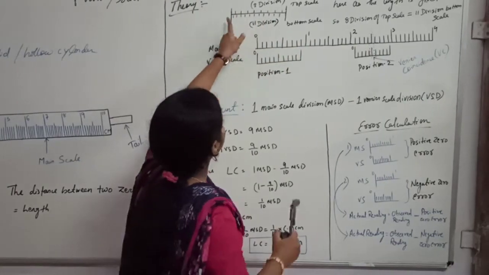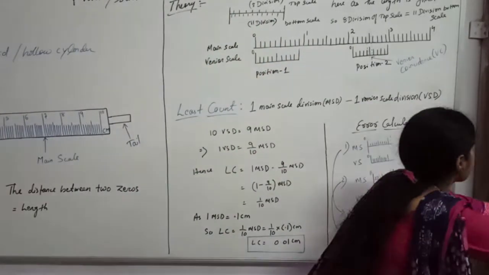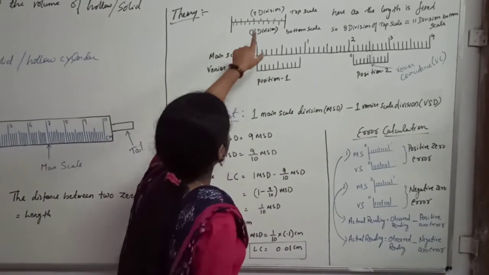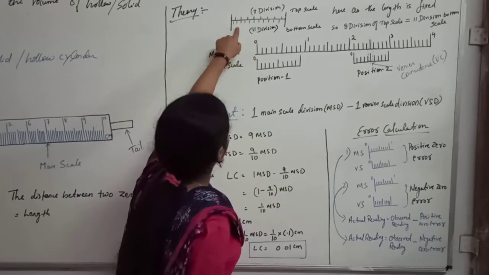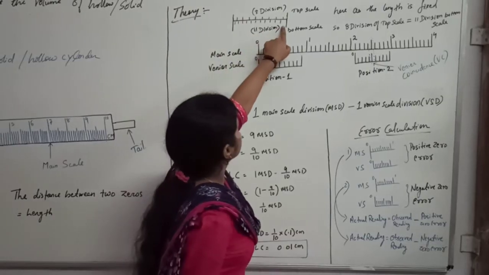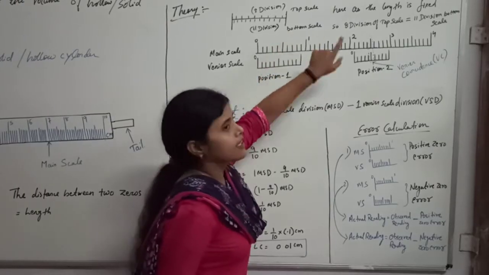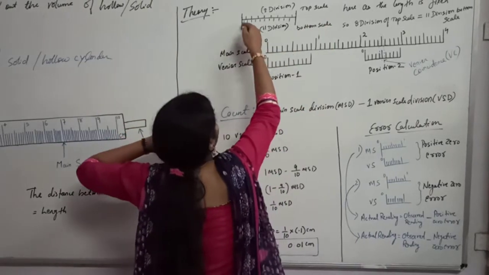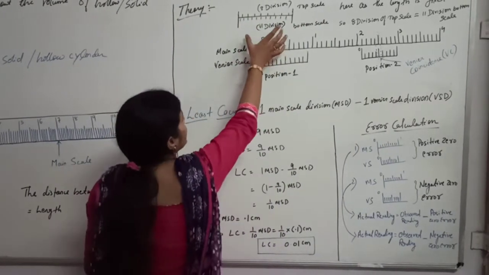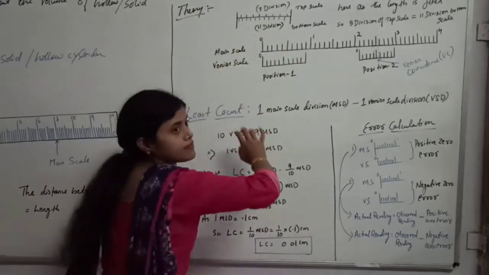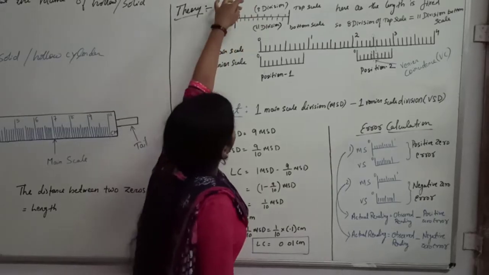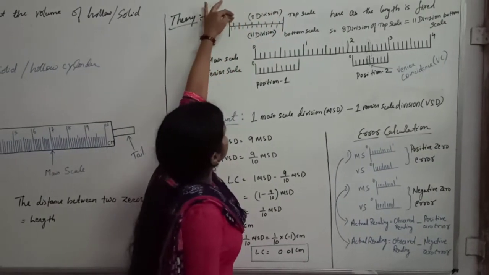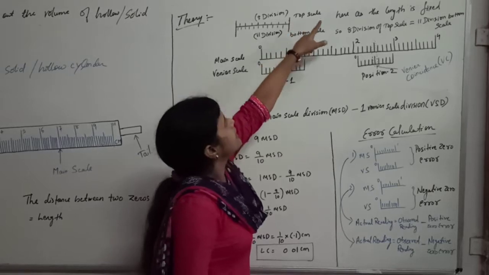Suppose I have a fixed length here. The length is fixed. Okay. So I have divided the length into 11 divisions, and I called it the bottom scale. So for this bottom scale, the length is fixed here, but on the bottom scale I have given 11 divisions, and I called it a bottom scale of 11 divisions. And the same length I have divided into different separations. Like here it is 8 divisions, and I called it the top scale.